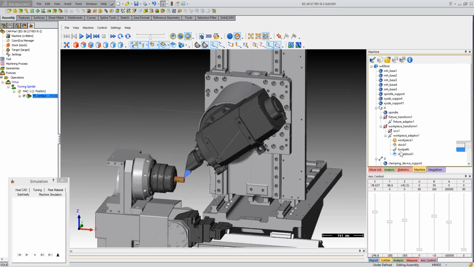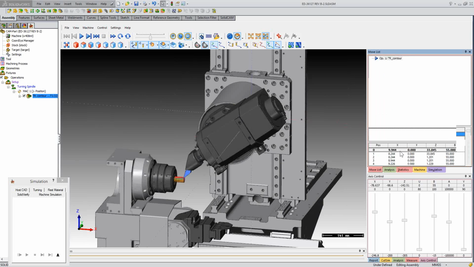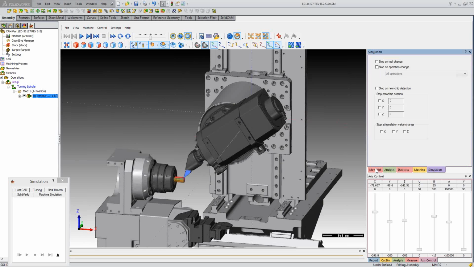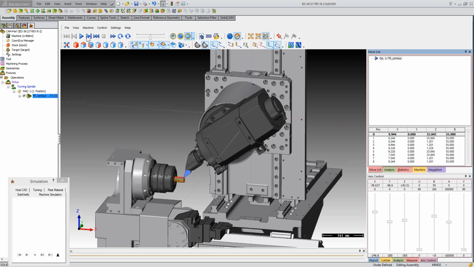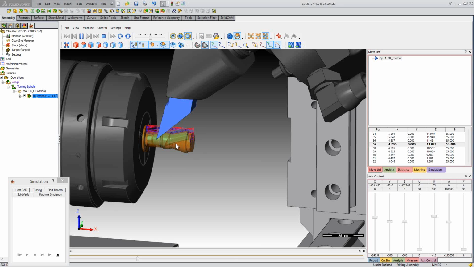Move list. Let's see on simulations. Upon operation change, I want to stop and go. In turning operation,